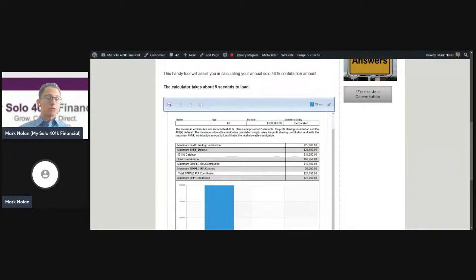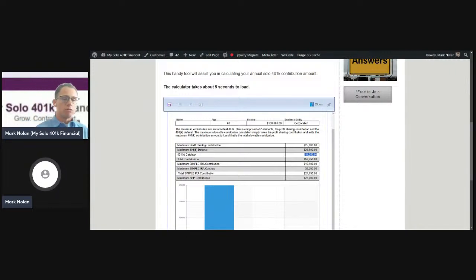The catch-up contribution, which is the super catch-up for those age 50 or older, is $11,250, and that can be applied as a Roth solo 401k employee contribution. So if we add those amounts together, we end up with what? 25,000 plus 23,500 plus 11,250 in catch-up. That's a total of